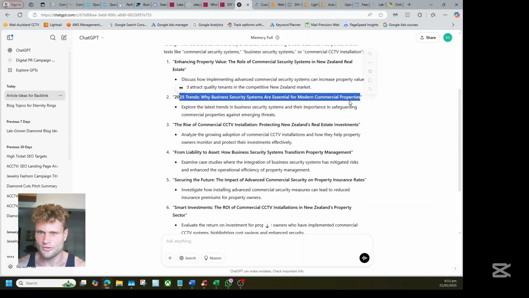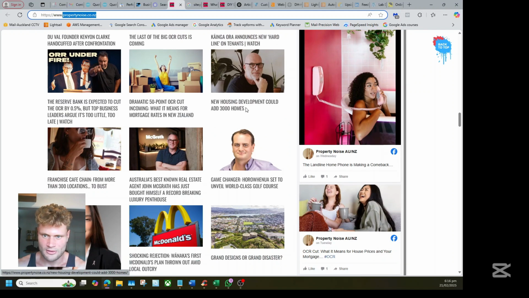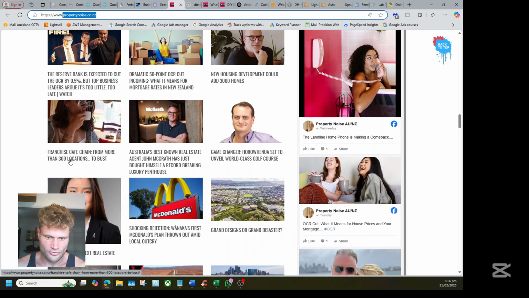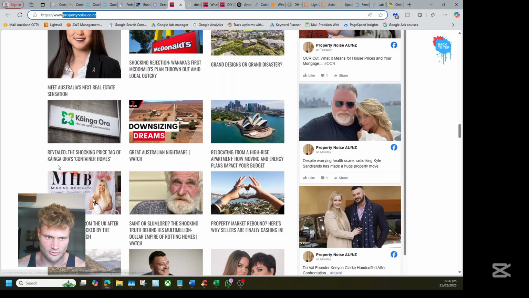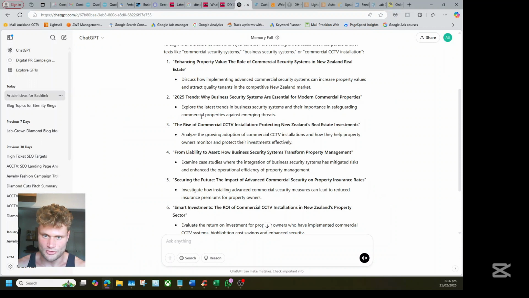2025 trends. Let's just look through again. What kind of stuff do we have here? Okay, so there's a few numbers in these kind of headlines. So it's not a bad idea to use a number like 2025 trends. This is cool. 2025 trends, modern commercial properties.